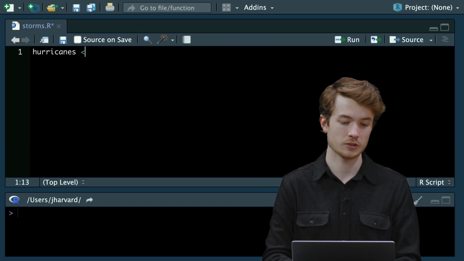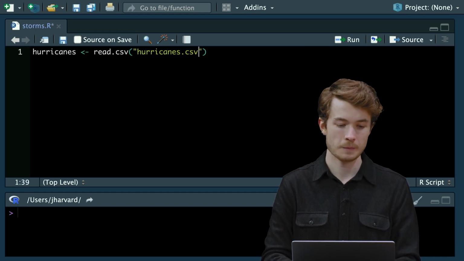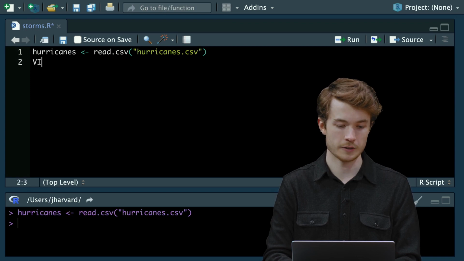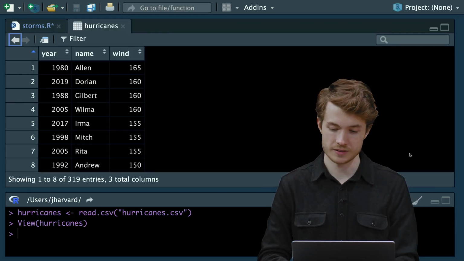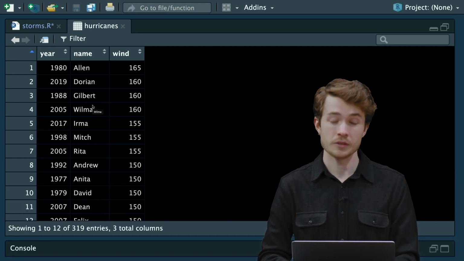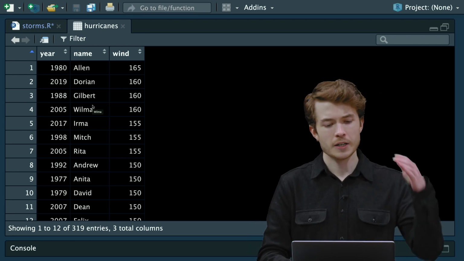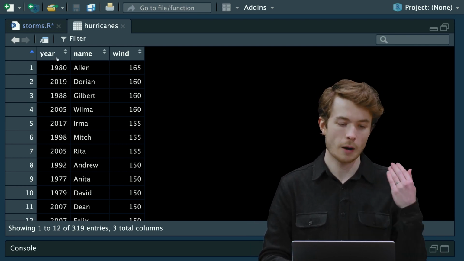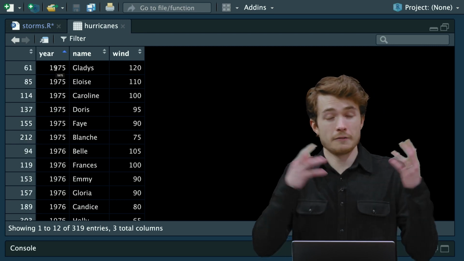I'll make a new object called hurricanes, and I'll read in my hurricanes CSV. And now if I view hurricanes, I'll see all my data in this data frame here. I want to find, ideally, the strongest hurricane for each year. And if I visually sort this data top to bottom using the year column, I might notice that every year